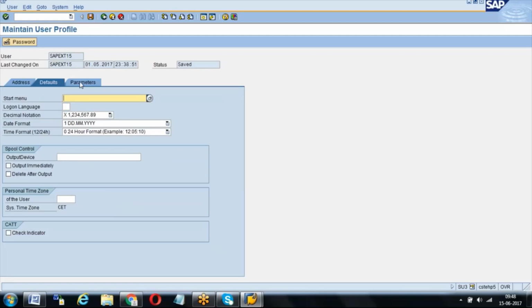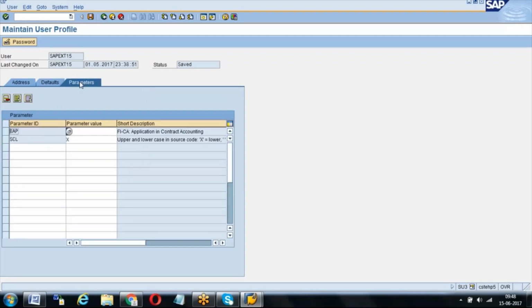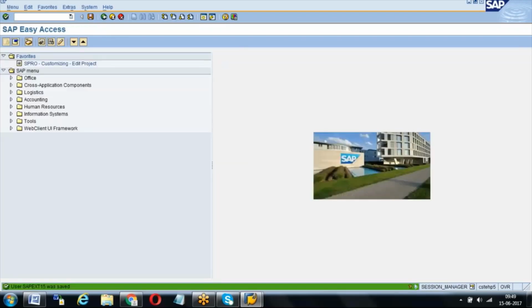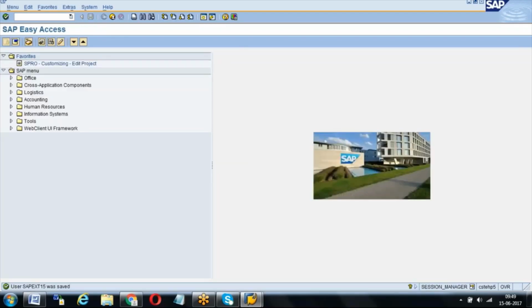Okay. And coming to parameters, in parameters we have to do one activity, EVO. Parameter ID is EVO and parameter value is 01. Just now I have shown you that 01. So the defined default values for purchasing. Now I am saving this. Only this setup we have to do. Then now I will go to the same purchase requisition, ME51N.